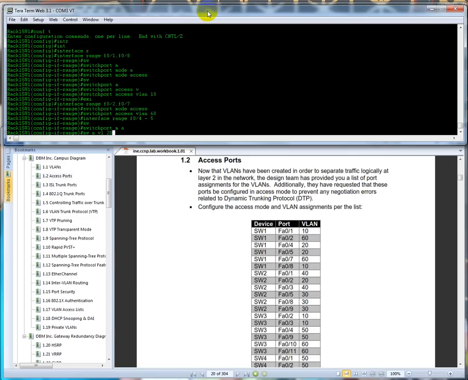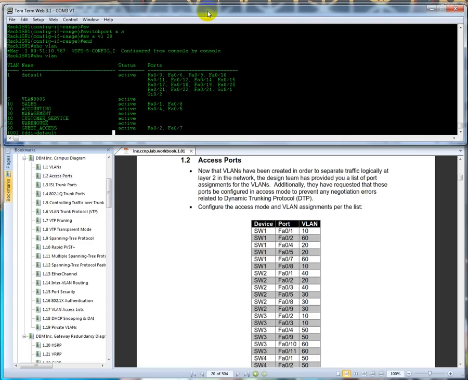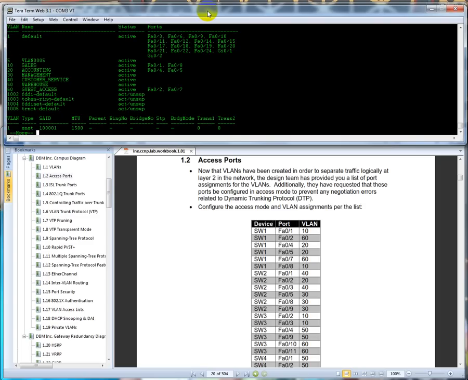I'm going to do show vlan, and now we have ports 1 and 8 in VLAN 10, ports 4 and 6 in VLAN 20, and 2 and 7 in VLAN 60. So switch 1 will now be able to have connectivity with other devices, but we don't have VLAN routing going, which will be down towards the end here when we get that situated,